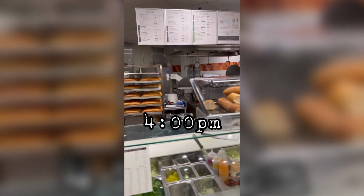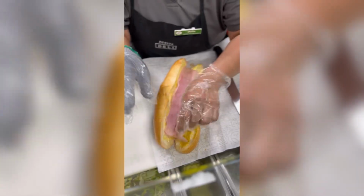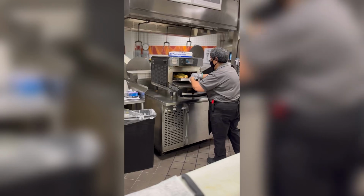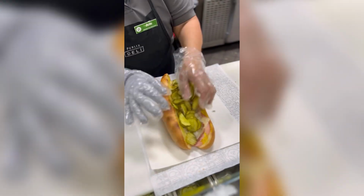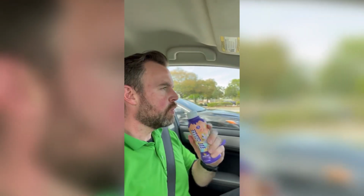a side. Then it was time to go to work at 1, and then I like at 4 to have my break eating at the deli. I had a Cuban sub with mayo, mustard. It had ham, pulled pork, Swiss cheese. I got that all toasted. This is a new sub that we came out with, but it is my absolute favorite. It is absolutely delicious. And before I left, I grabbed a protein shake, and I had that in my car